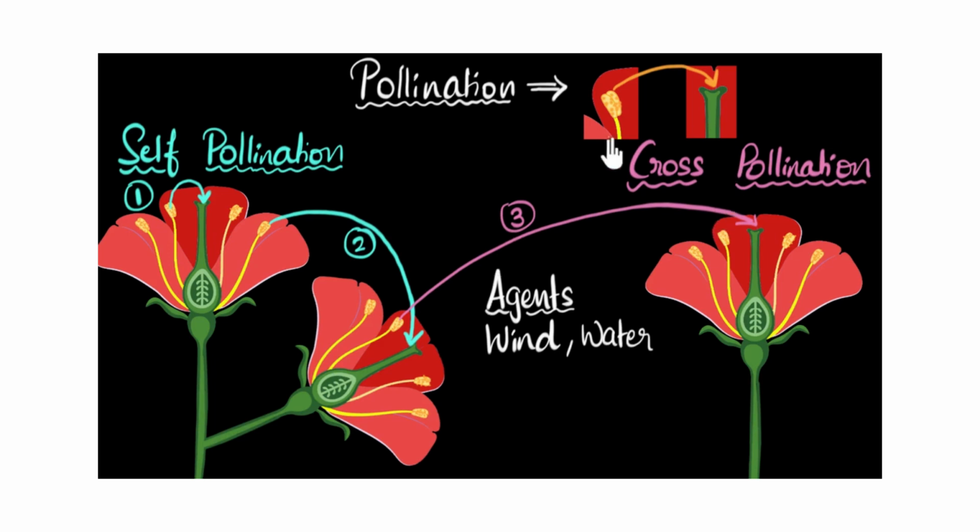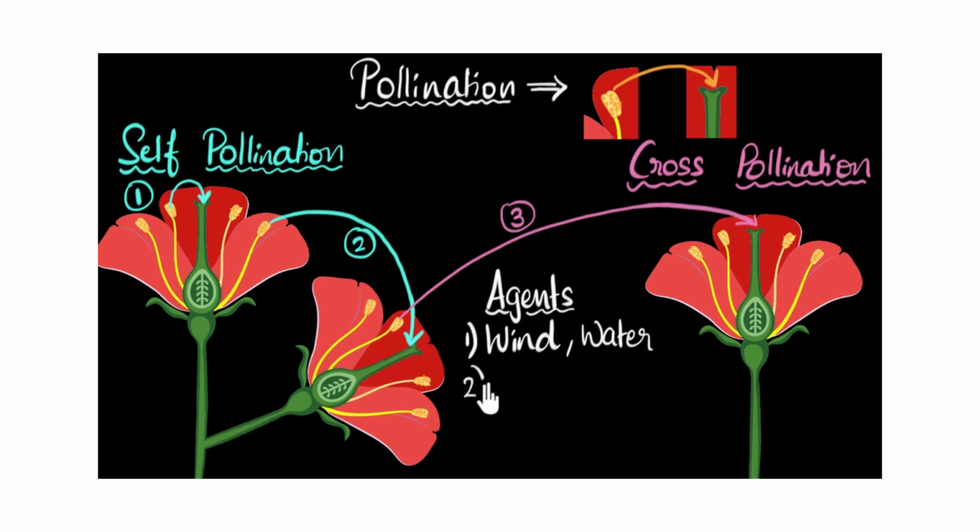But what about cross-pollination? Now you see, for cross-pollination to happen, the pollen grains need to get transferred from one plant or from one tree to another. Now if these trees are very far apart, then the chances of cross-pollination reduces, right? So how do we effectively increase the chances of cross-pollination? This is where the insects come into the picture.